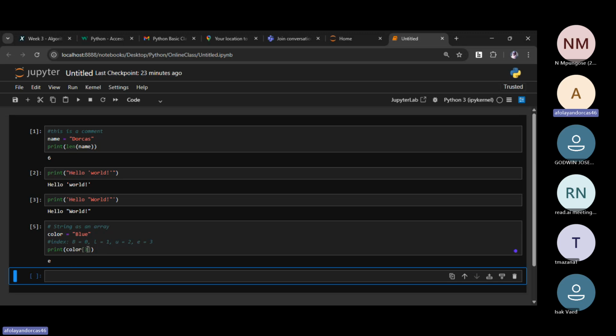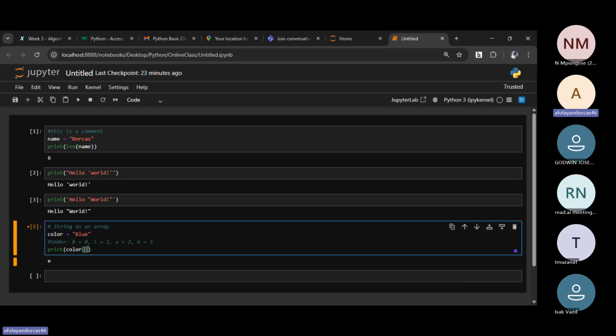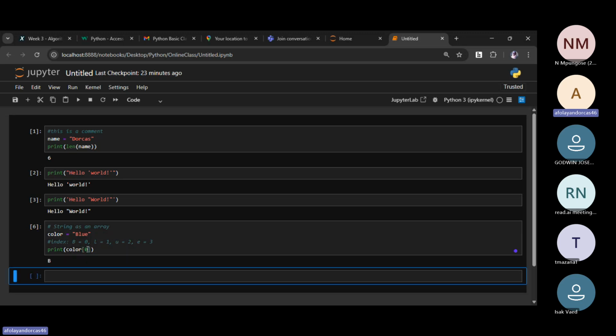And for 0, it changes to B. You can actually play around with this. That shows that programming is kind of simple and playable, so you can play around with this, wrap your head around it, and understand what is happening.